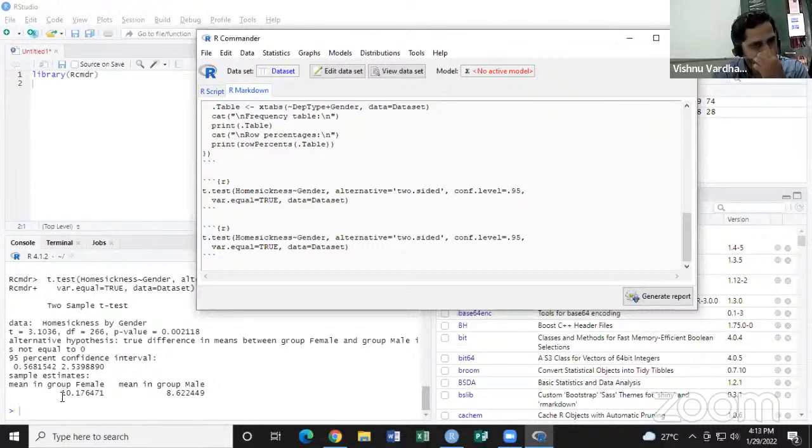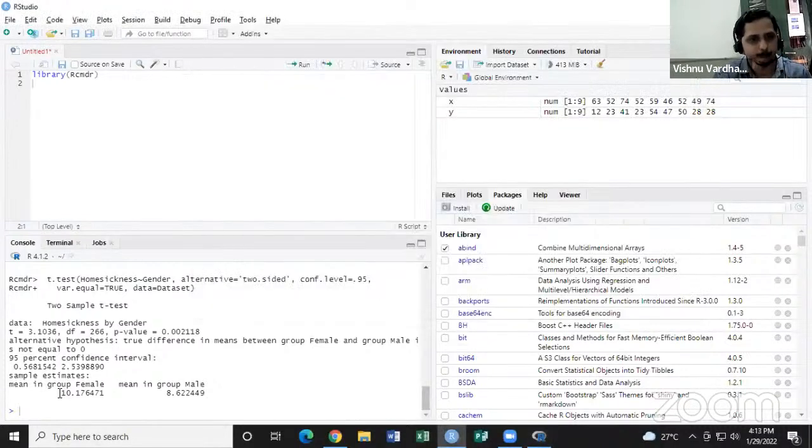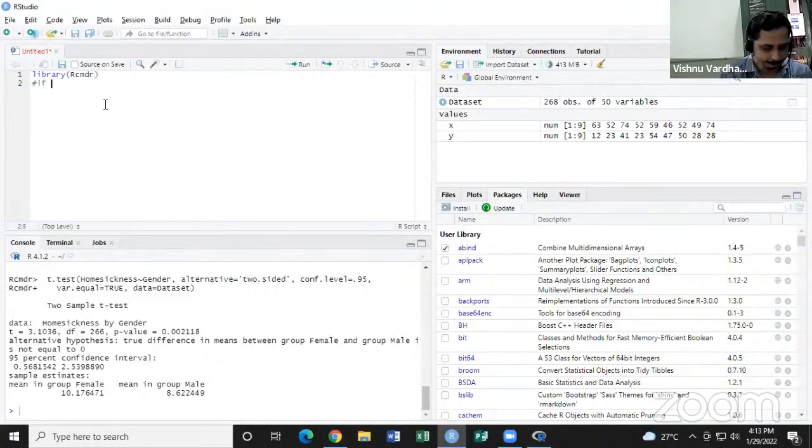Where is the result? The mean homesickness of females is 10.17. The mean homesickness for males is around 8.62. And the p-value is observed to be 0.0021. Now, what is the comparative statement here? If the p-value is less than 0.05, then it indicates that there is a significant mean difference